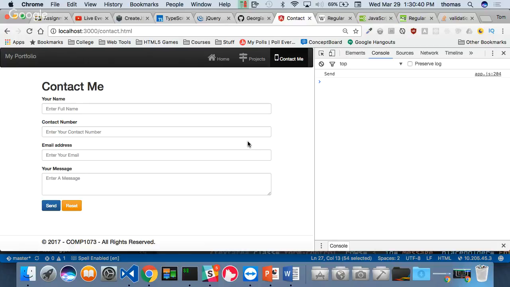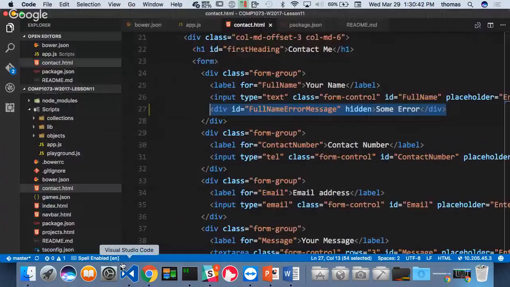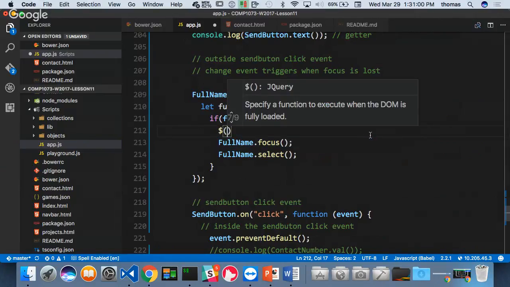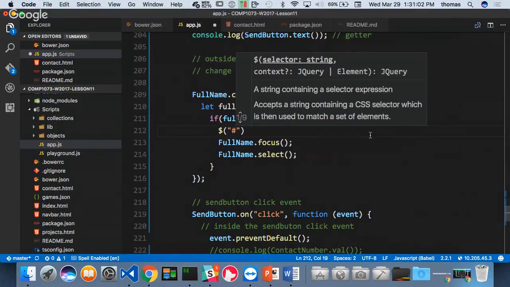Let's see what I'm talking about here. So I'm going to go back in here, my app.js, then we'll take a break after this. And then we'll take that regular expression and use it, okay? So instead of doing this, I want to do something like this. I want to get a reference right away to my full name